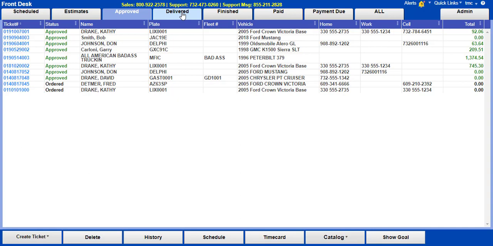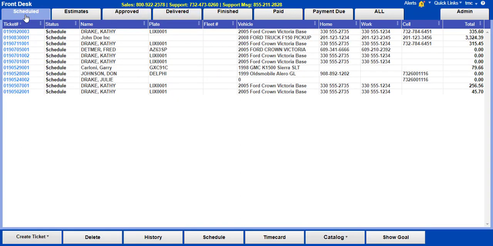Okay, so initially my goal is to be able to have all of my repair orders for the next day pre-printed. So basically, those would all be under scheduled. Customer shows up, then you move it to estimates, correct? Well, usually an estimate is before you get approval. Like, they're bringing the car in, it's making this noise. Can you figure out what's going on? So while you're running through checking the car out, you're creating an estimate. And once the customer says, okay, go ahead and do that,